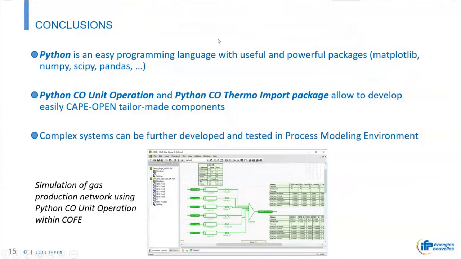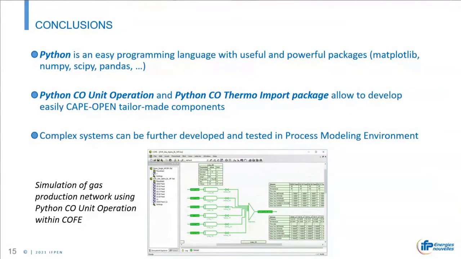So Python is an easy programming language with useful and powerful packages. And these two developments made by AmsterCHEM, the Python CAPE-OPEN unit operation and the Python CAPE-OPEN thermodynamic import package, allow to develop easily CAPE-OPEN tailor-made components. And then complex systems can be further developed and tested in a process modeling environment.